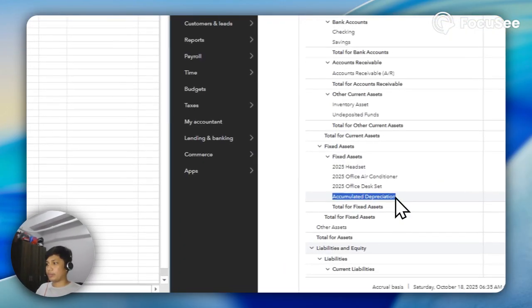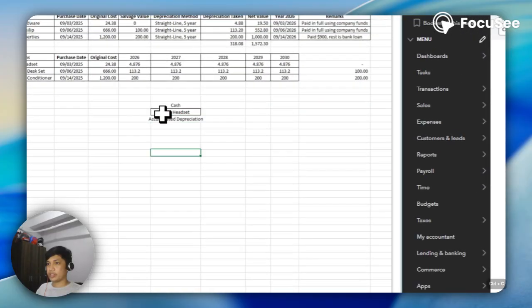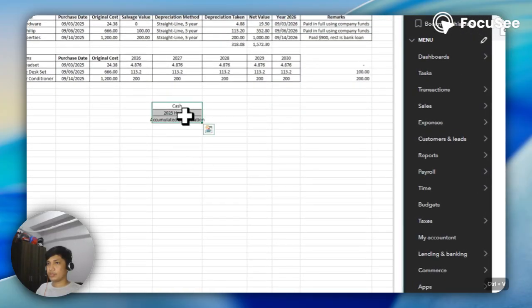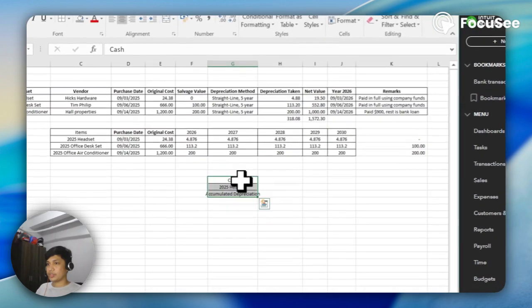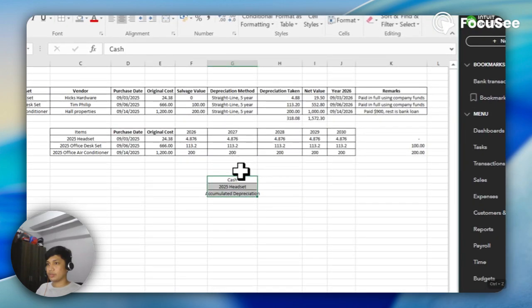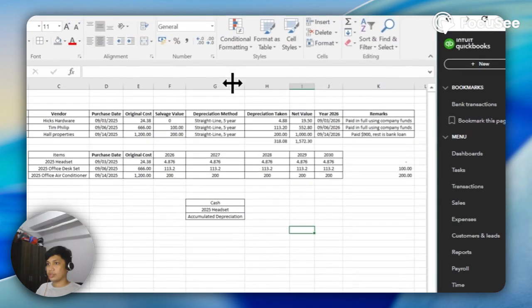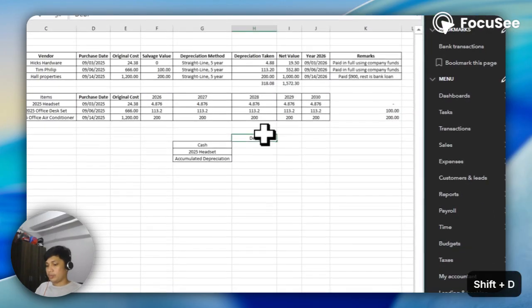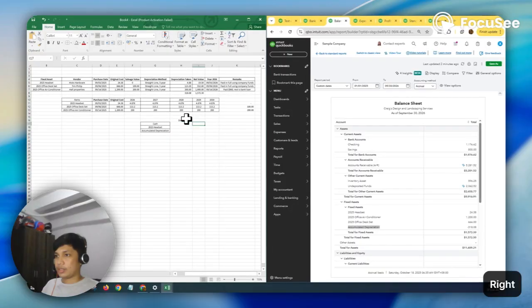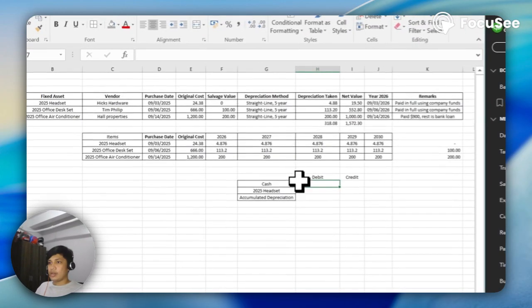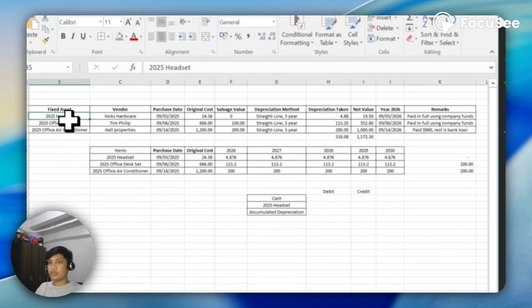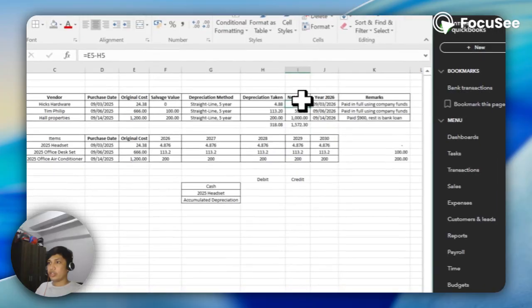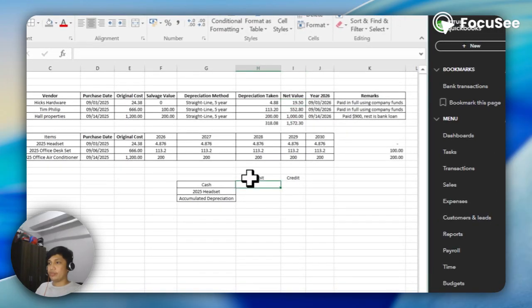I'm going to copy paste it, put it here. So we will put debit, credit. I sold the 2025 headset for 19.5.